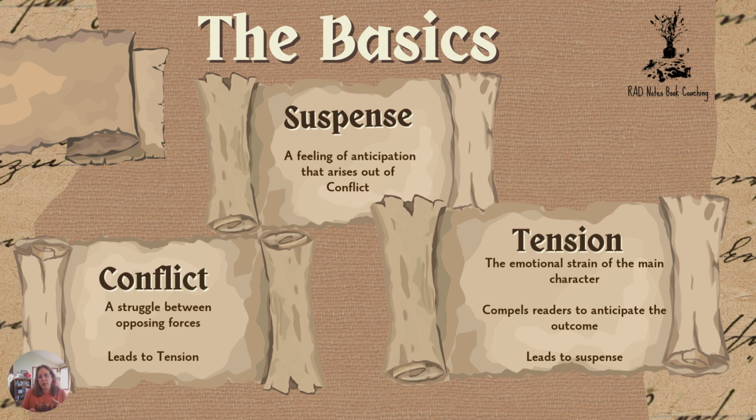So when we're looking at this cycle that's happening between suspense, conflict, and tension, the suspense is the feeling of anticipation. So we know Joe wants to kill Wanda. Wanda has to prevent it. The suspense is, how are you going to do that? The conflict in this case is Joe versus Wanda. So you have two people, two opposing forces. They want something accomplished together, but at the same time, they don't really like each other, which leads to the